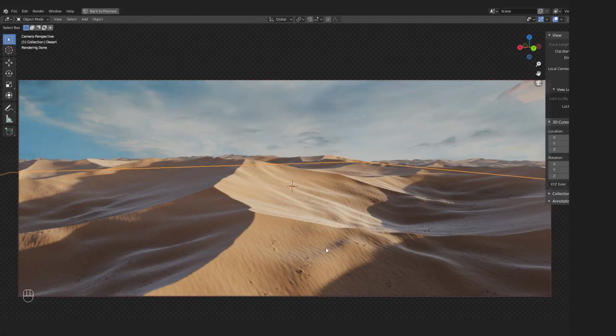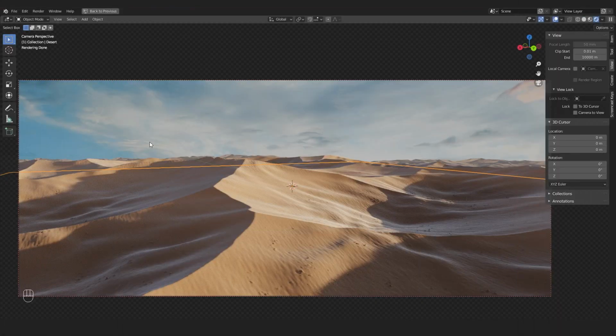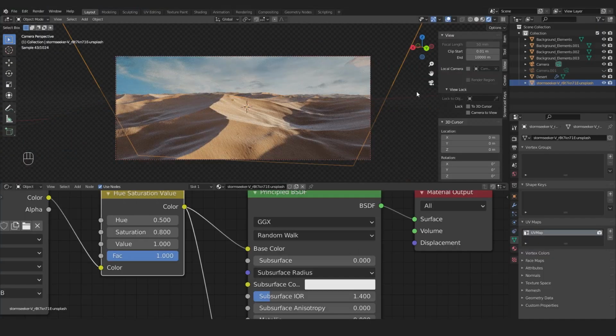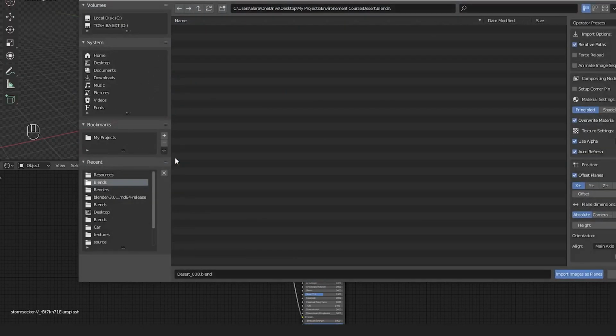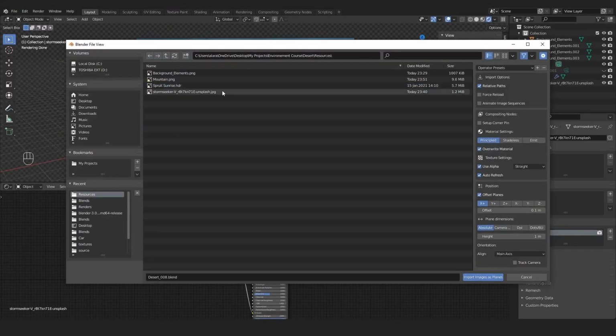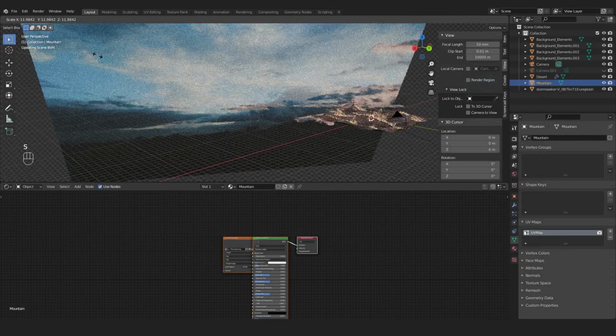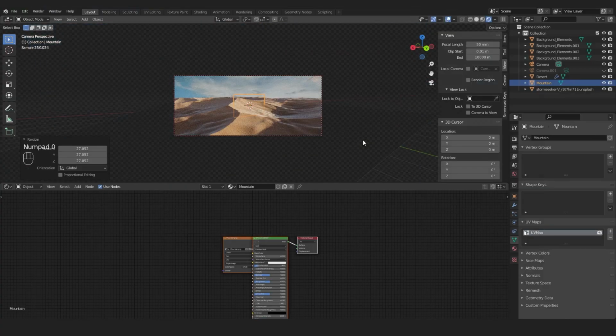Another thing, guys, is that I feel like the background is still kind of empty, so I want to add more details into it. There is another picture that you will find inside the resources folder. Shift A, images as plane, and I will go to the resources folder, and there is this mountain. It is also another picture of a mountain that we will try to put really far in the